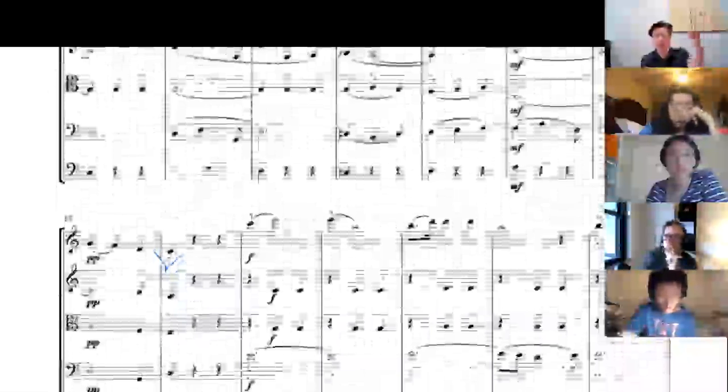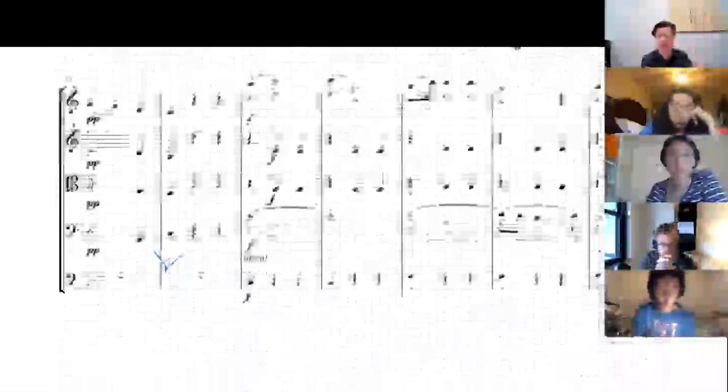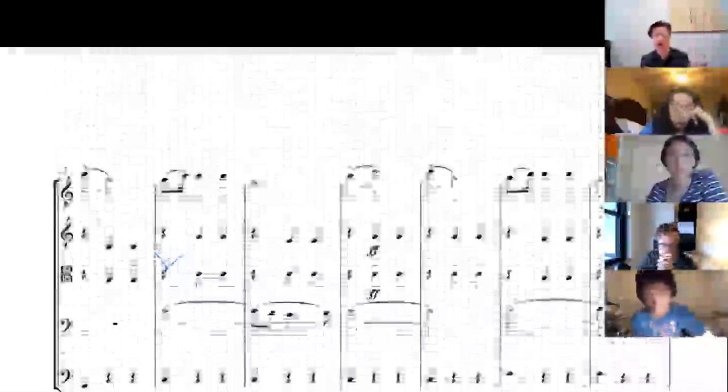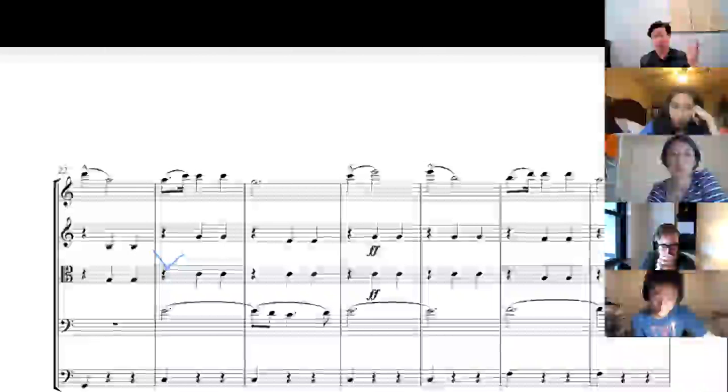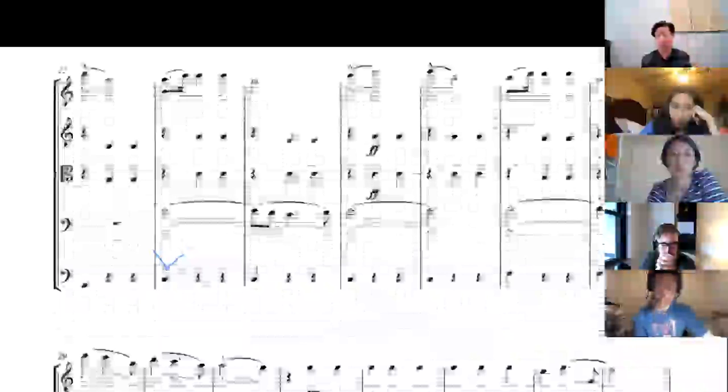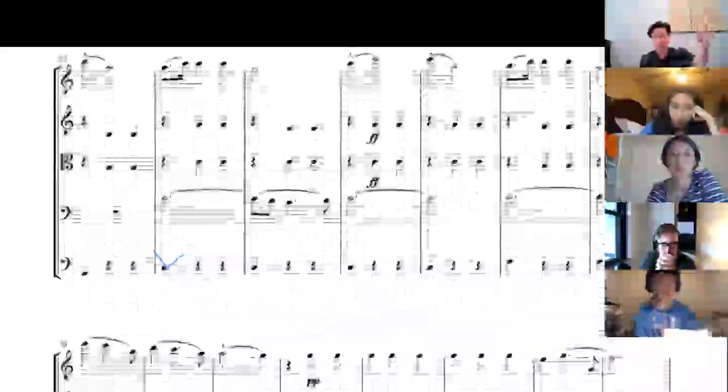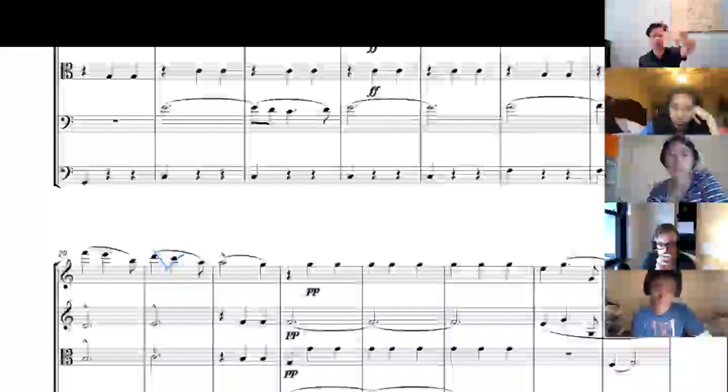And a 4-bar. Second 4-bar. So that's sort of 8 plus 8. So these 3 bars are sort of a connecting 3-bar phrase, and then it starts up again,